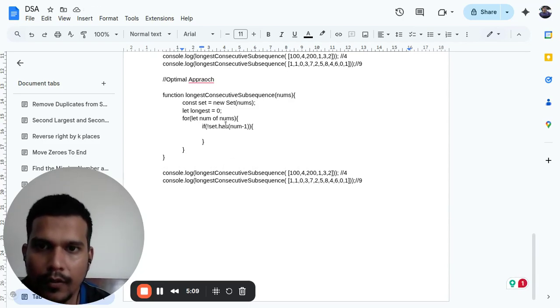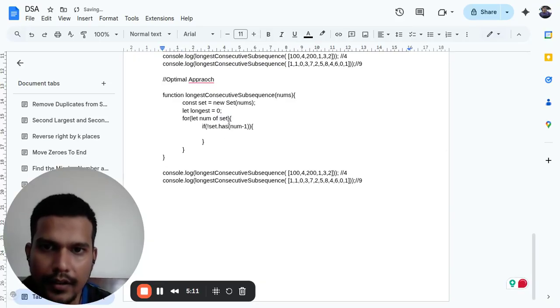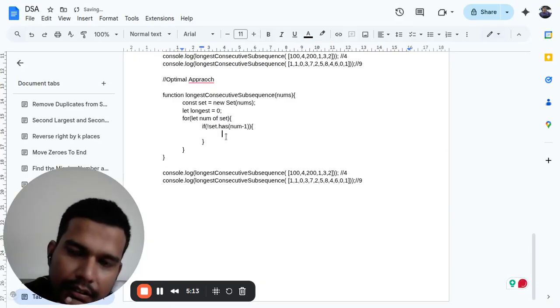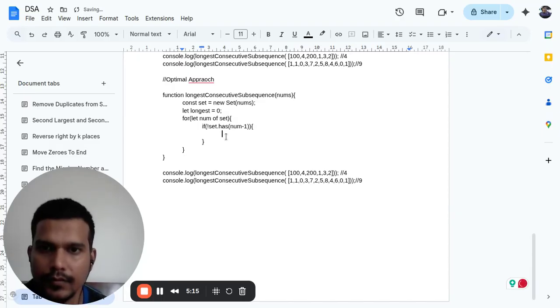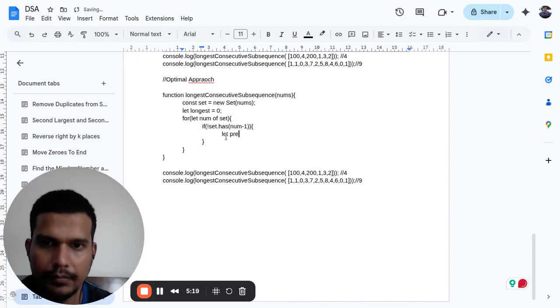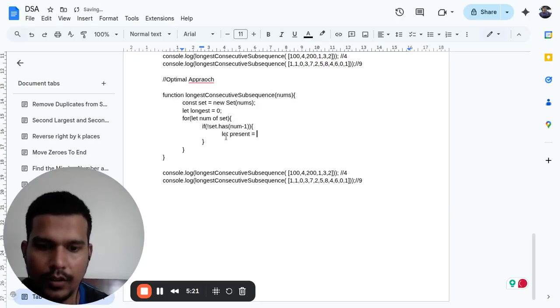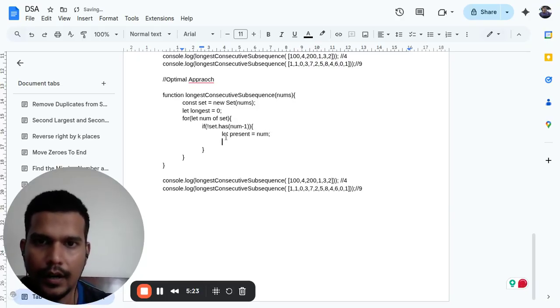So for num of set, we check set.has(num). Let present equal num, and we are taking the count as well,